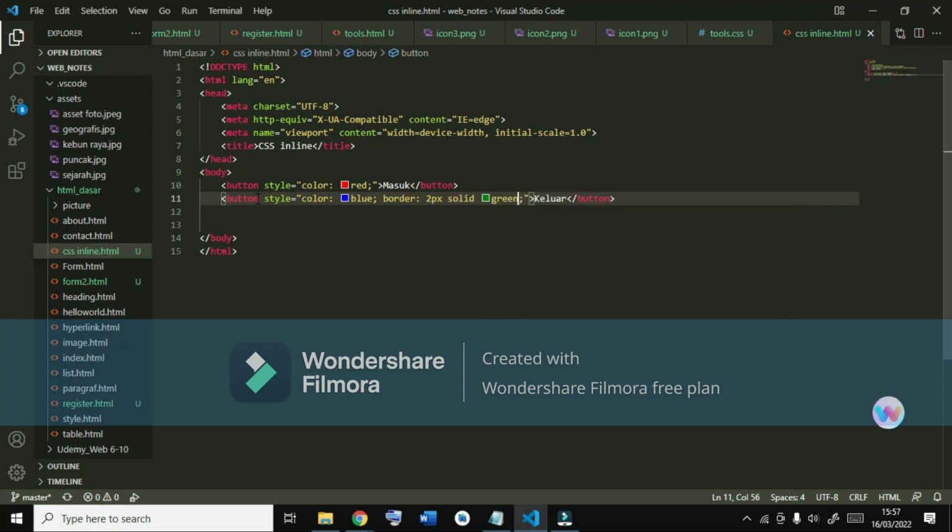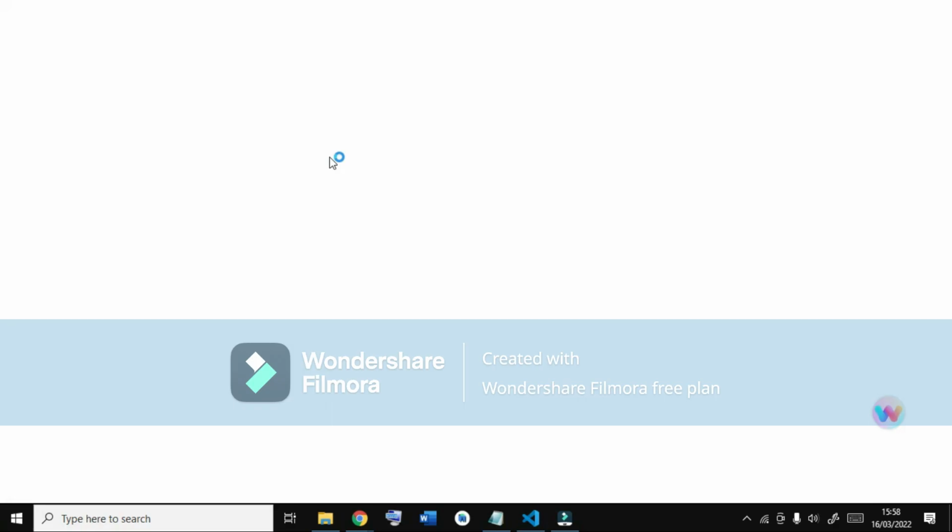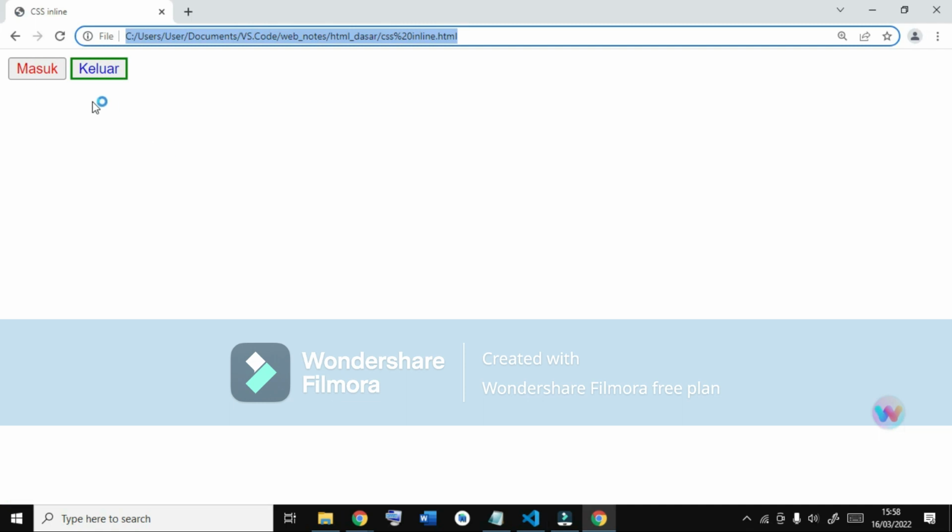And here is the result, masuk and exit. This method is called inline CSS because we insert the CSS directly on this line.